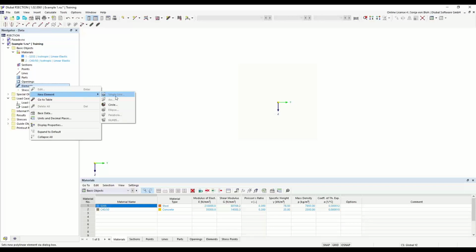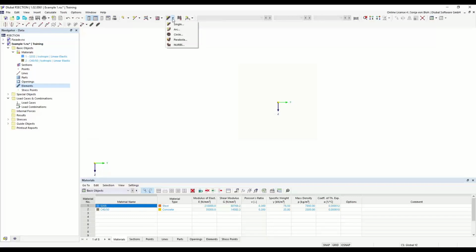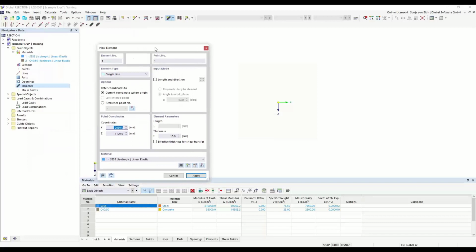And that's why I can choose this dialog now, because I haven't created the points before. So I choose this function for the creation of elements. Here I choose single. I enter the bottom flange here first, and for this I use the input mode length and direction, and here I define an angle of 0 degree, and I define a length of 150 millimeter and a thickness of 10.7